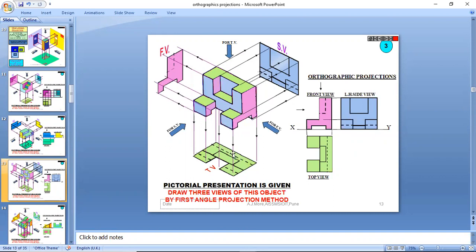These are drawn with the help of a symbolic representation. When drawing any object, a part which is not visible but hidden is drawn as a hidden line. This cutting side we can draw as hidden, and it appears in the top view. Also in the front view we draw some hidden lines, and in the left hand side view this hidden part we have drawn in this way. These are the three views.